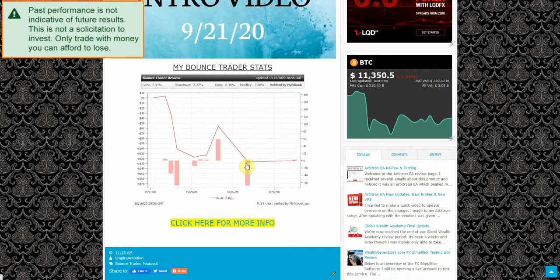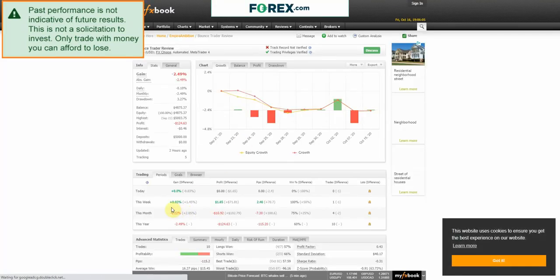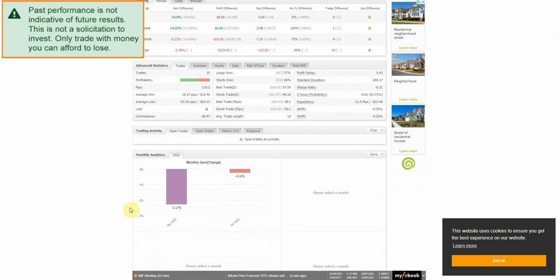All right, so we're kind of flat this week, as you guys can see here. At present, down 2.49%. And this week we only made 0.03%. Would have liked to see a little bit more, but it's only been 4 weeks, so we're still pretty early on. We're only down 2.49%, so we'll let it continue to run, keep watching it, and hopefully things can turn